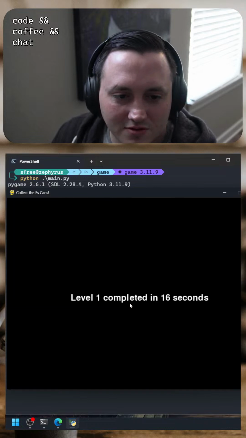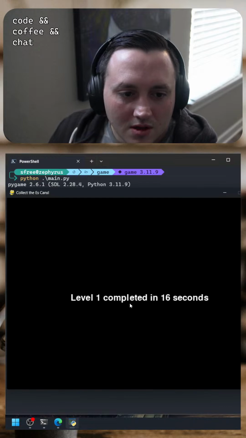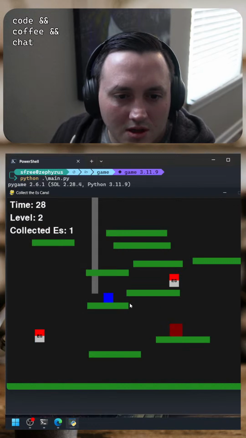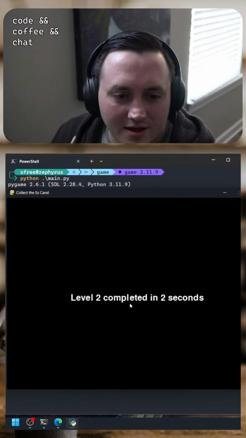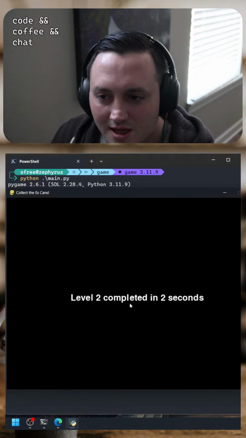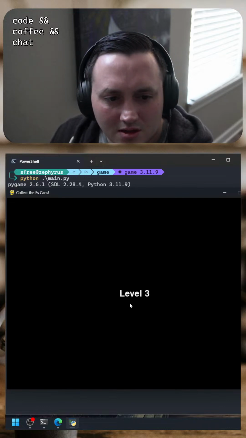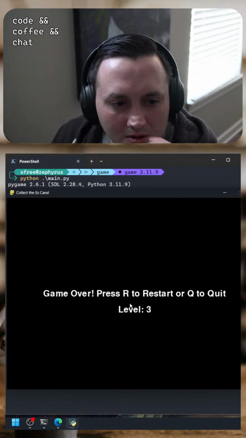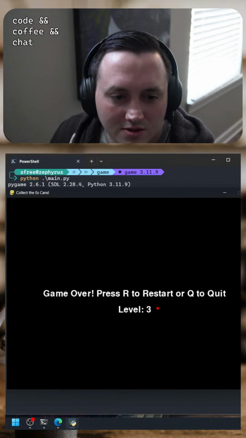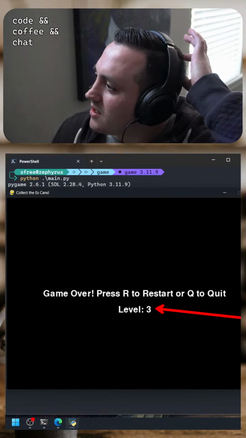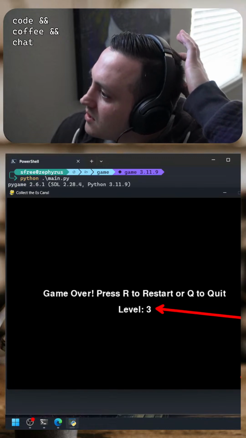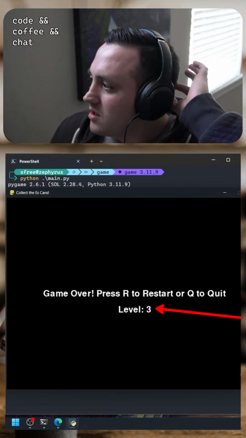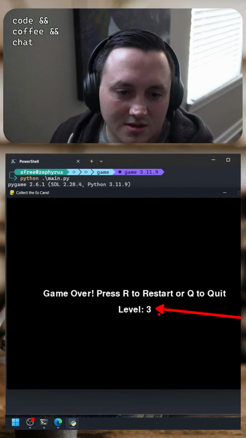Okay, so now we're going to level 2. Okay, now we're on level 3, and now let's fail this level and see what the restart screen looks like. So let's run into the cop. Yeah, see, there we go. So we just need to customize that text, right? Yeah, I think now we can just have